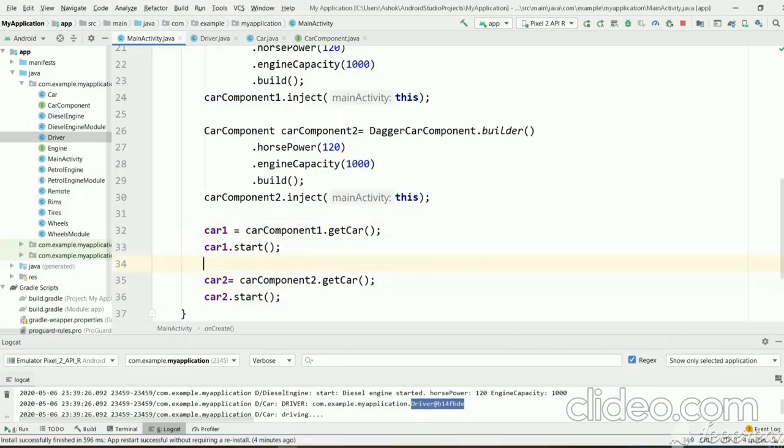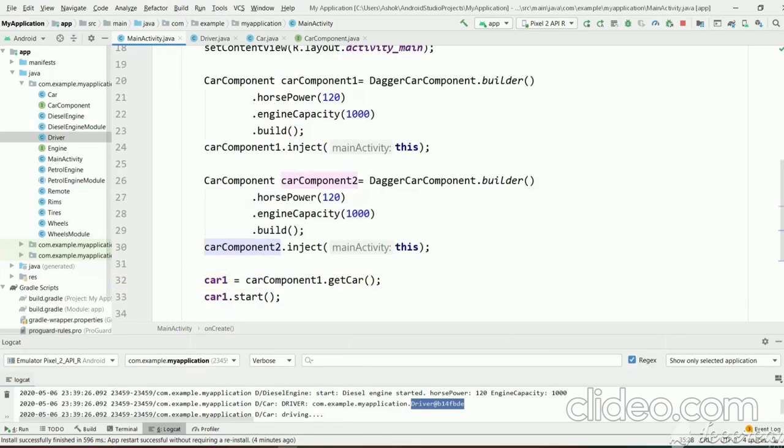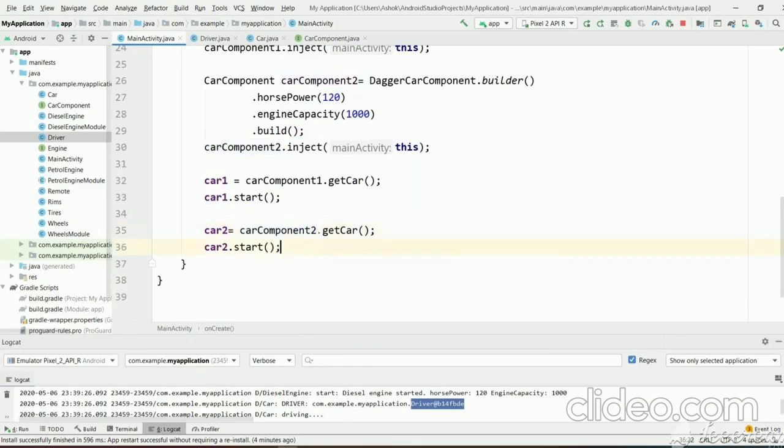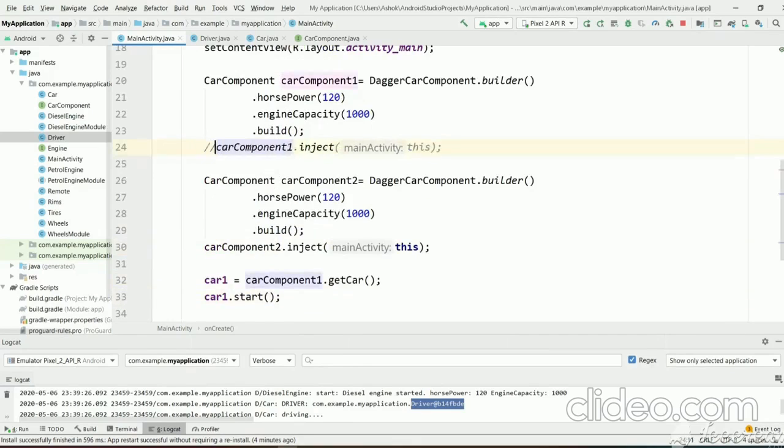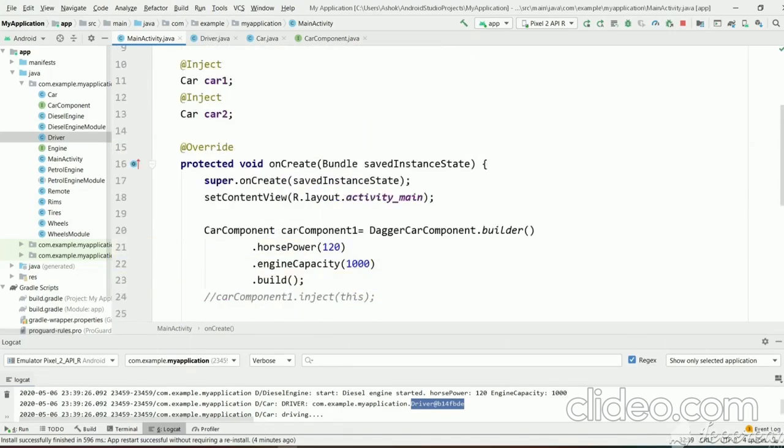So now car 1 we have created using car component 1 and car 2 with car component 2. Normally singleton object means every time it should be the same instance, but in this case car 1 will have a different driver and car 2 will have a different driver because they are different components. Let's execute and see. In this case we no need the inject method because we are creating cars with the direct get car method.